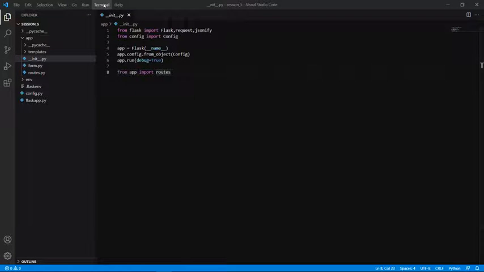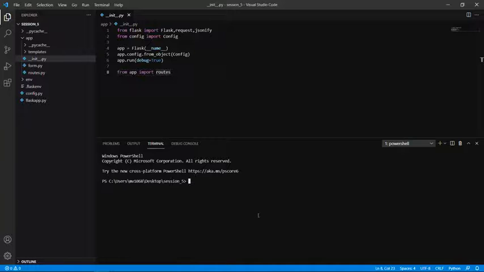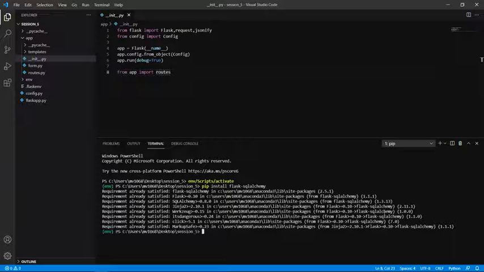First let's activate our virtual environment. Once we activate this virtual environment, we have to install SQL Alchemy. To install SQL Alchemy, that is our database toolkit, I'm going to use the command pip install flask-sqlalchemy. That will install the package in our virtual environment, not globally. We are installing all these packages in the virtual environment.